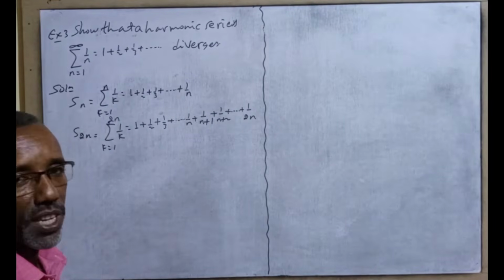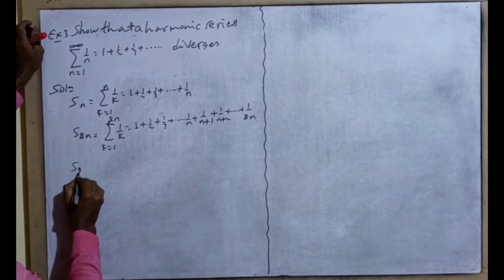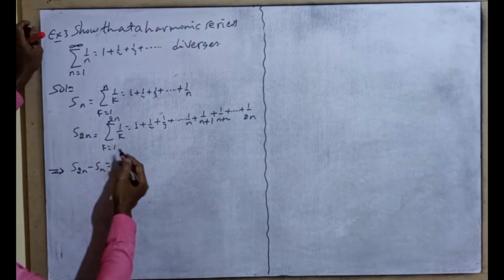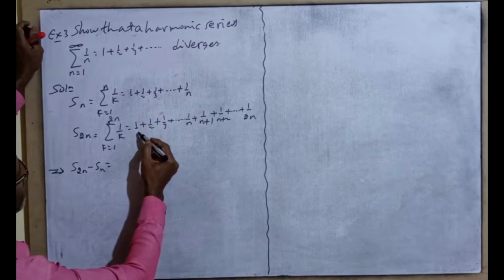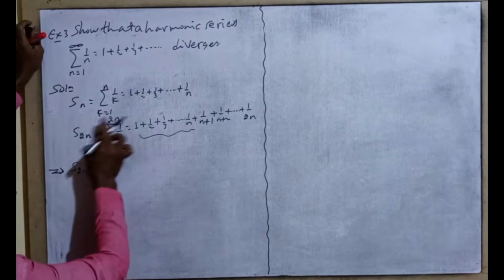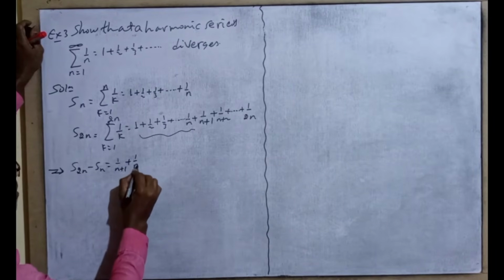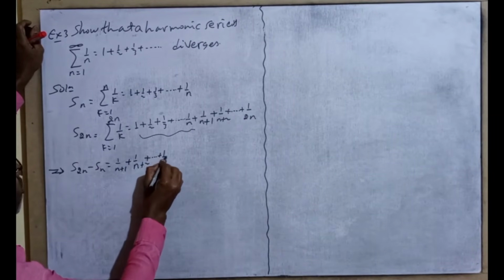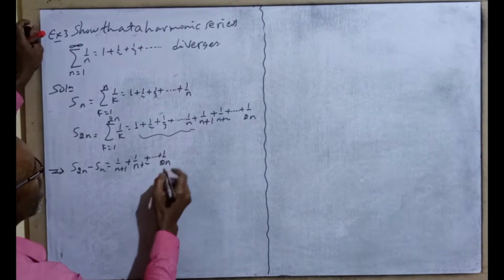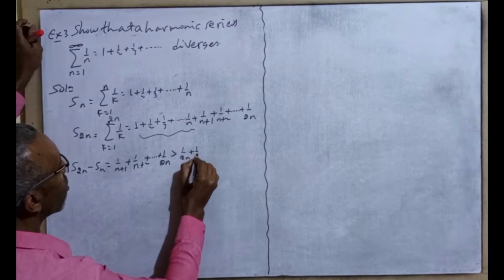Let's find the difference between s2n and sn. Taking s2n minus sn, we subtract sn, the terms up to 1 over n, from the whole sum. So s2n minus sn is 1 over n plus 1 plus 1 over n plus 2 and so on up to 1 over 2n. This remains, which is greater than 1 over 2n plus 1 over 2n